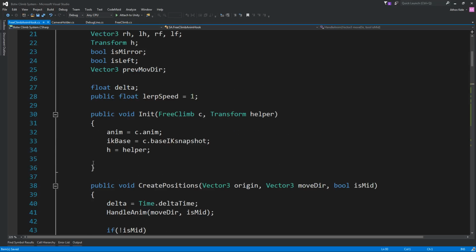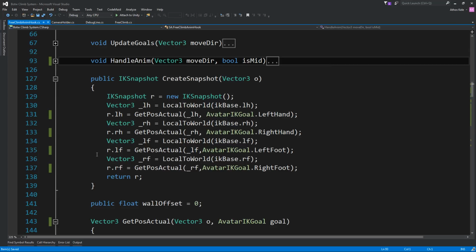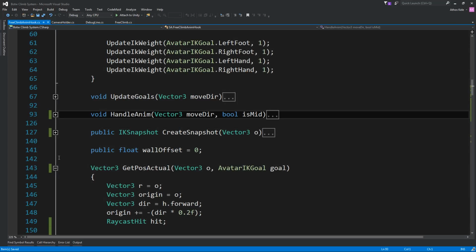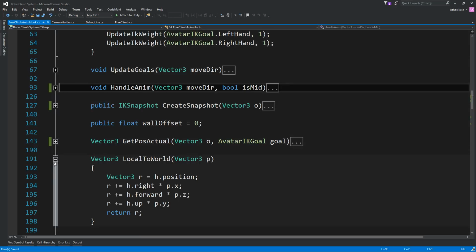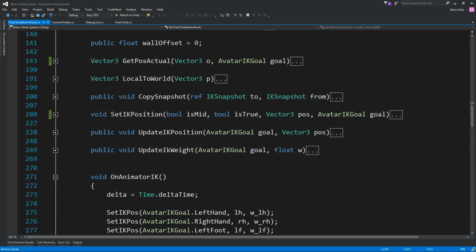I think what we're doing should be, let's see, get position actual, local to world, web snapshot, set your position.